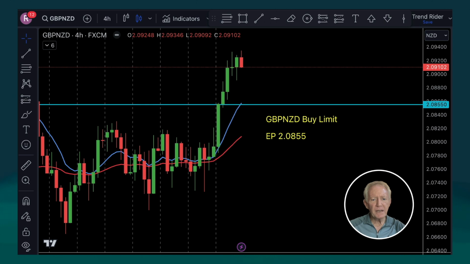And the GBP/NZD, this one is a little bit risky, okay? It's a buy limit. It needs to come down and correct to 2.0855. However, it's already quite high. So I encourage you to take a small trade on this one, a small lot size. All right, it can go higher. It has been higher than this, but it's already quite high, very, very close to strong resistance. All right, but it is bullish. So I have a buy limit on the GBP/NZD at